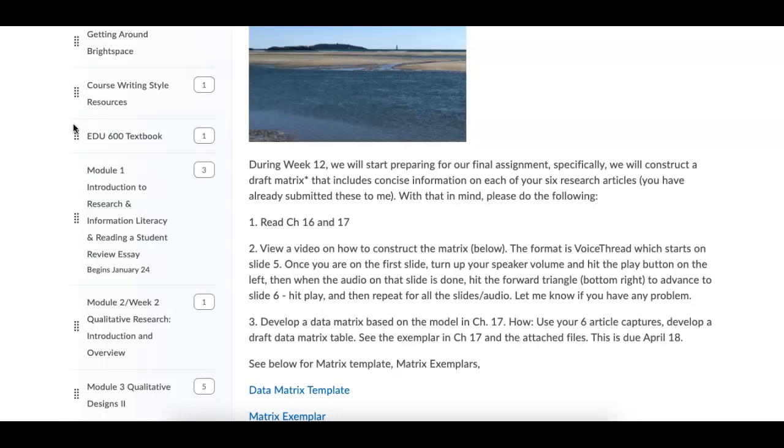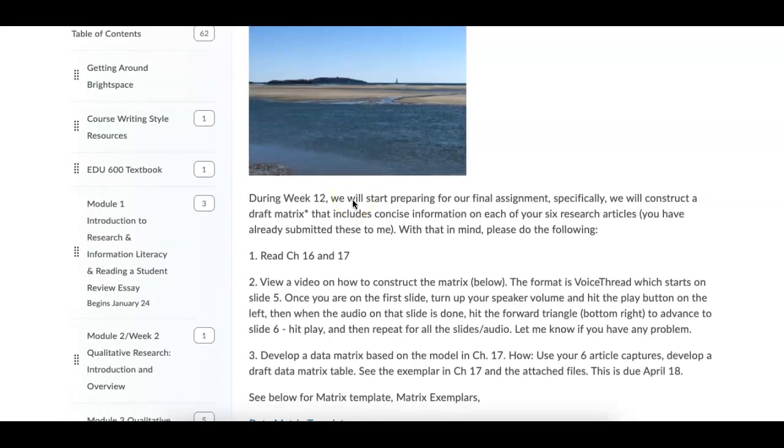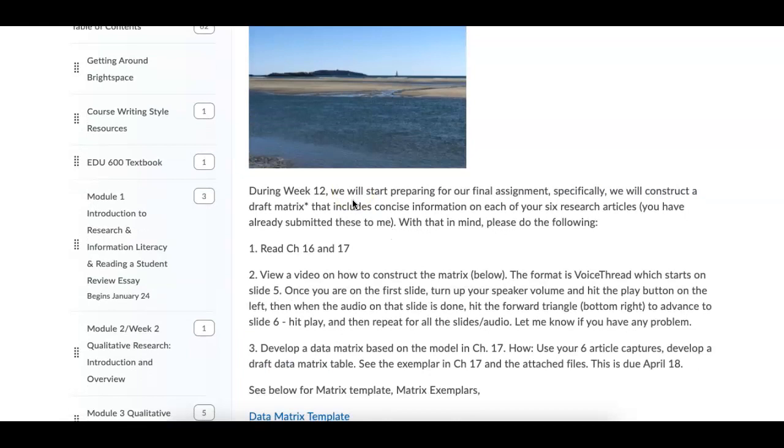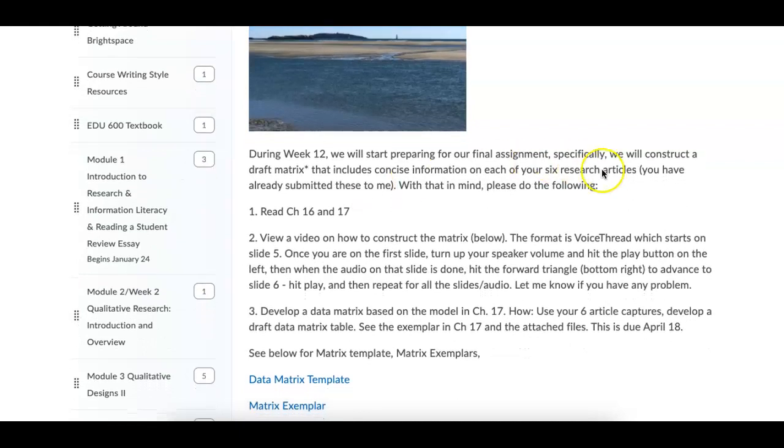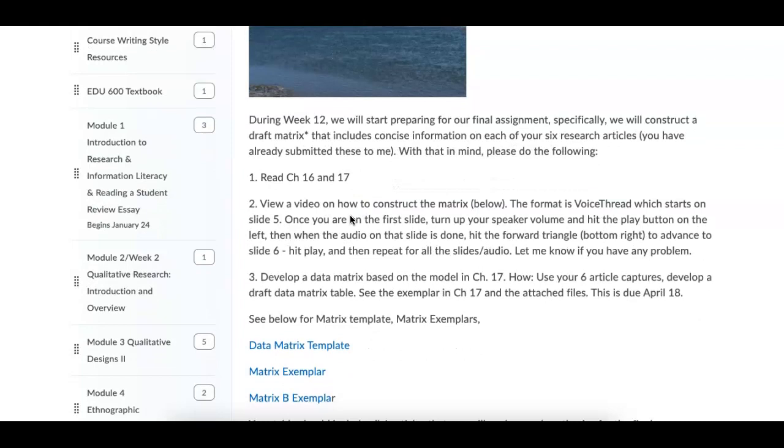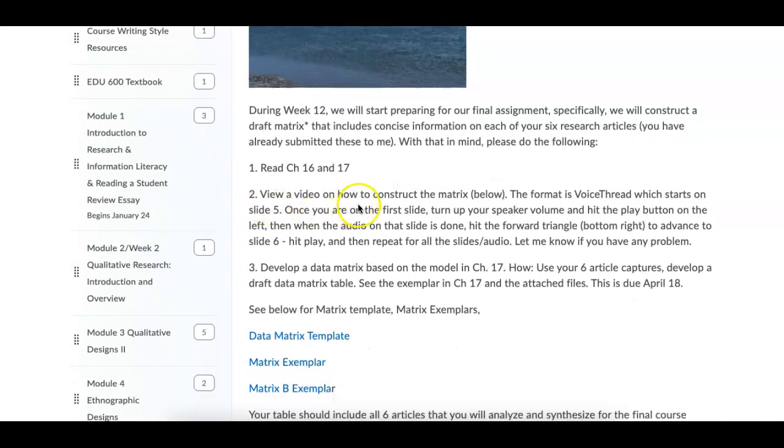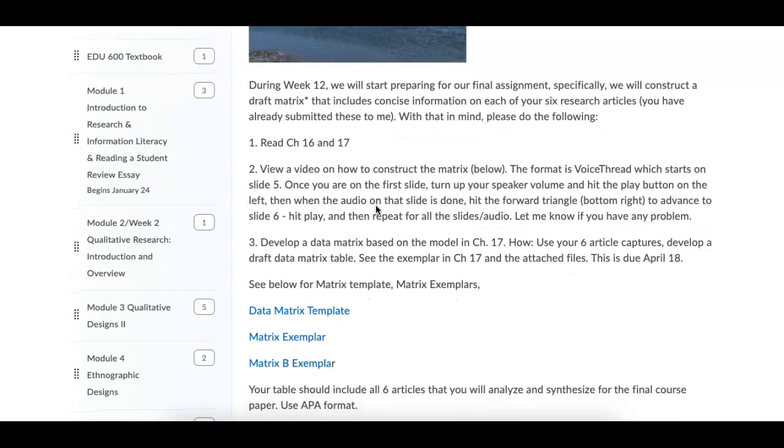So I'm going to quickly go through the materials and what it is that I am asking everybody to do this week and what kind of materials are available. So the first thing I'd like you to do is read chapters 16 and 17. View a video on how to construct the matrix below. So this is in VoiceThread. And in VoiceThread,